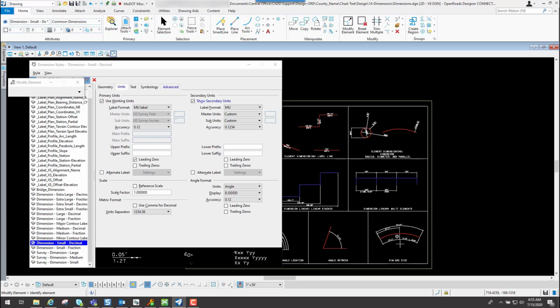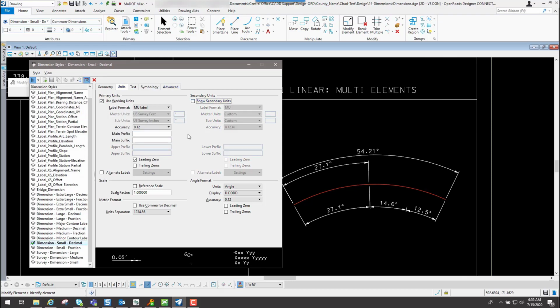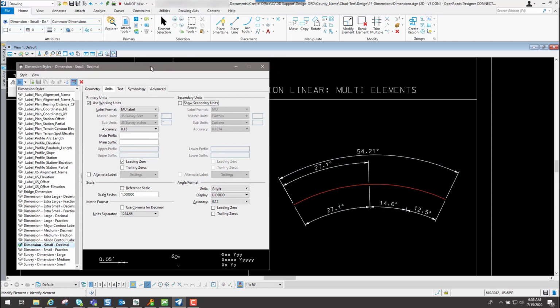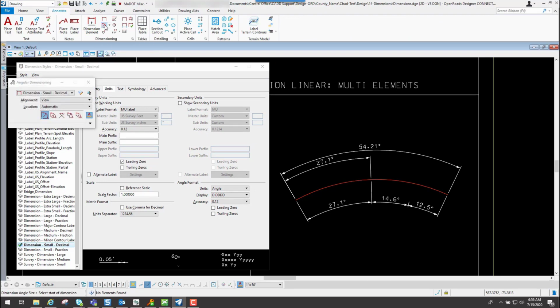Another example would be, let me zoom into this arc down below here. Let me go ahead and turn off secondary units. Let's say on my angle format, right now it's set to angle, so if I try to dimension this arc, let me come in here and select the one that says dimension angle. And let me go ahead and select the one that says arc size.